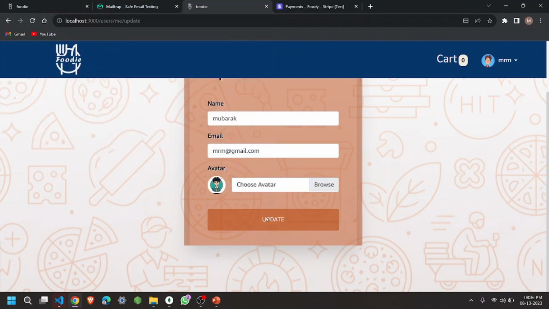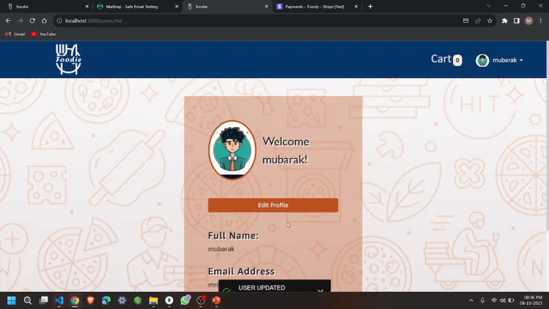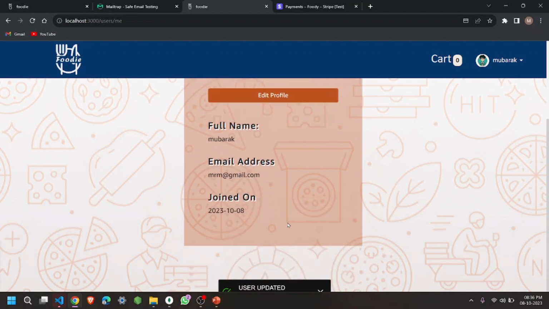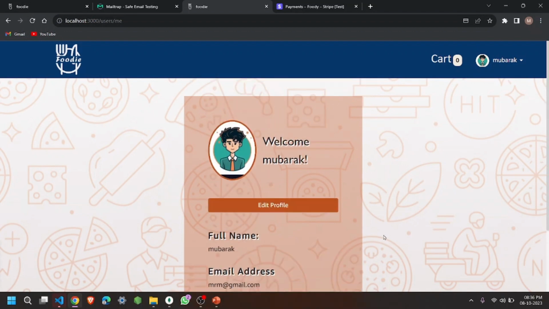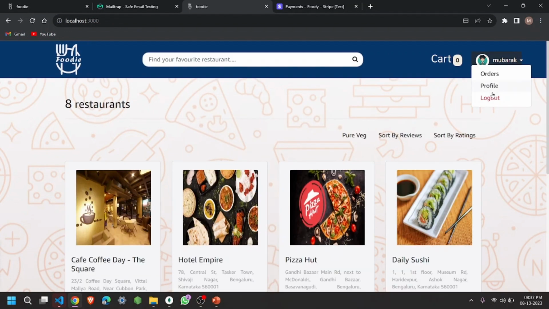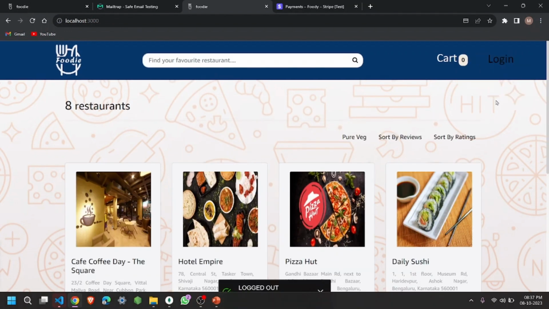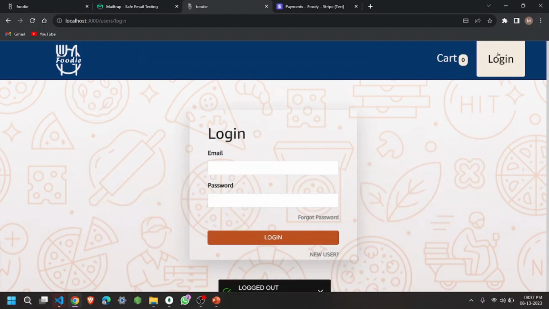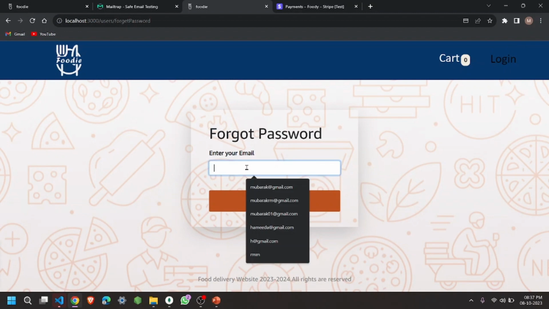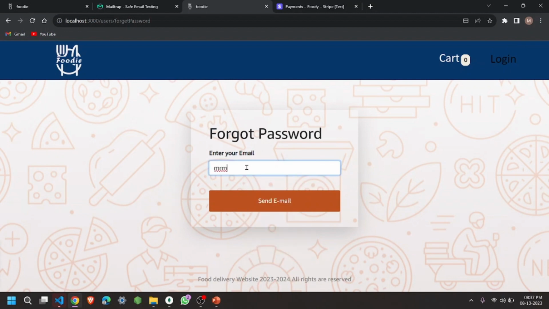Like that and update it. Just take a minute and here it is updated. And after that I can just log out. And if I ever forgot my password, I can just press forgot here and put my Gmail